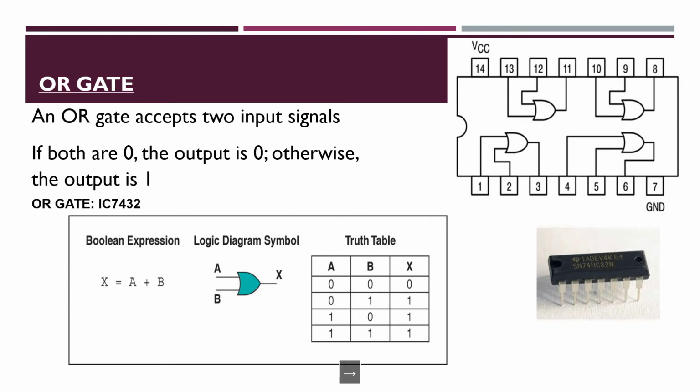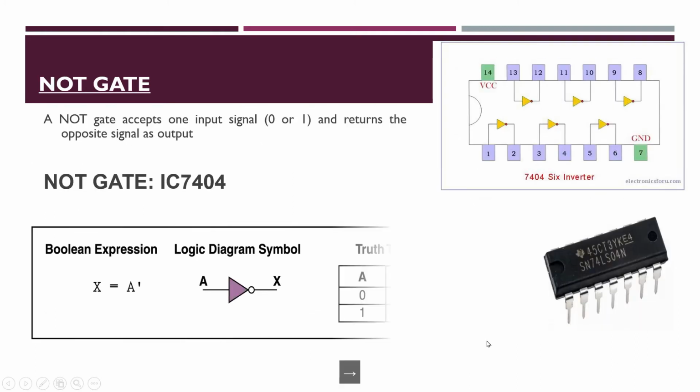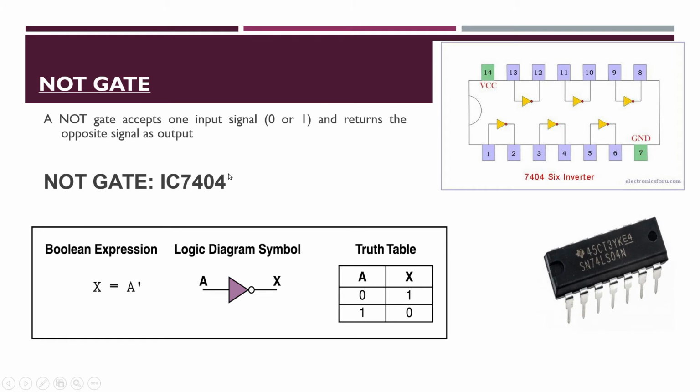So next we will see what the NOT gate is. Here we can see that for the NOT gate alone we will have only one input and only one output. As we have only one input, the total number of combinations will be 0 or 1. If it is 0, the output will be 1, and if it is 1, the output will be equal to 0. So it will be just inverted.